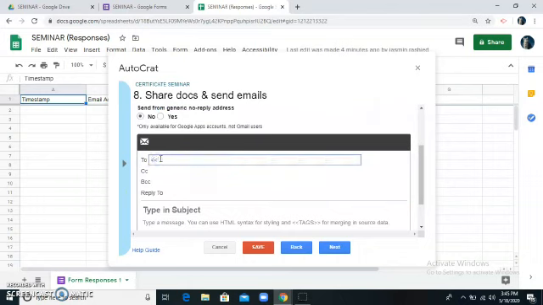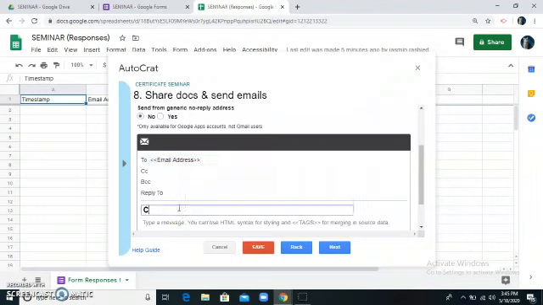As I told before, to insert a tag, first you type the less than symbol, then the name of the column, that is, the email address that you have given in the form. The same name has to be typed here. I have mentioned it as capital E, small m, small a, small i, small l. Same way you type here, email address, and close the tag with the greater than symbol.